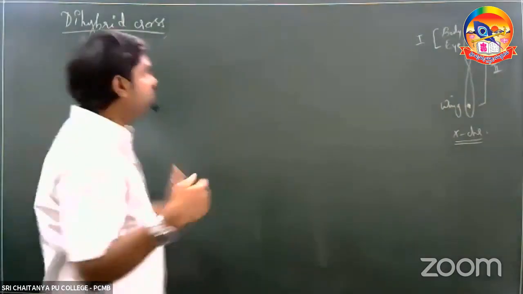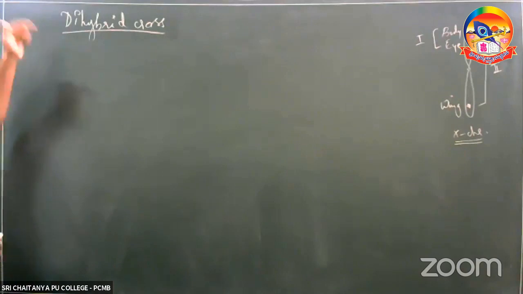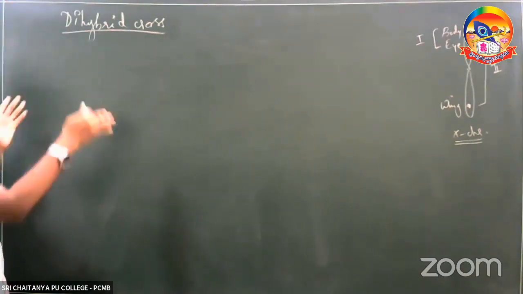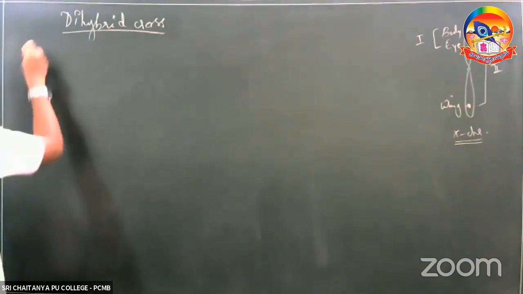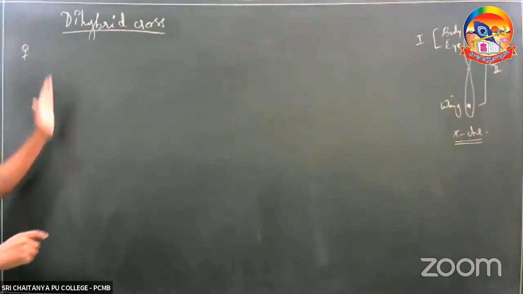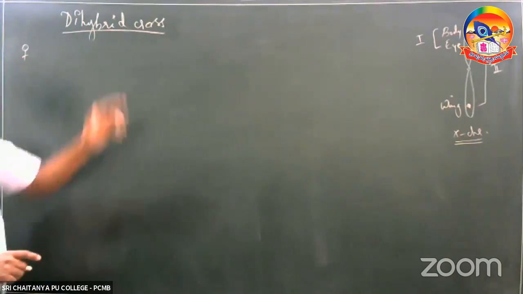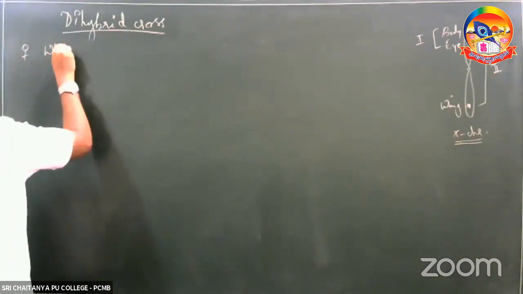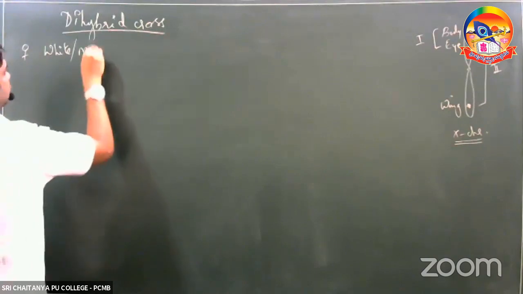Right. So let's start performing the cross. Cross number 2 or cross B, the second cross which Mendel had taken. In the second cross, everything is the same, just like what we saw in the previous cross, the only thing is the characters would be different. In this cross, he again chose a pure line female and a pure line male. The female was again said to have recessive traits for both the characters. That is, the female had white eye, and the female had miniature wings.